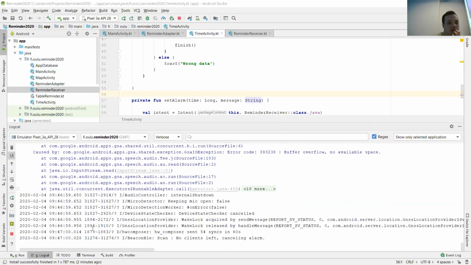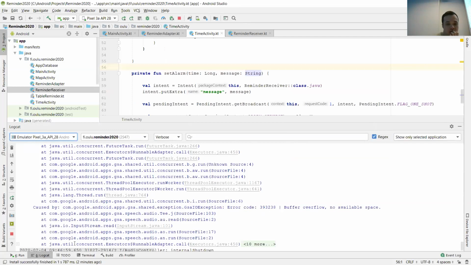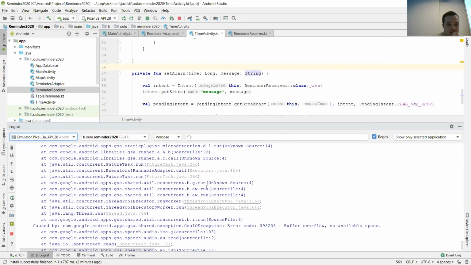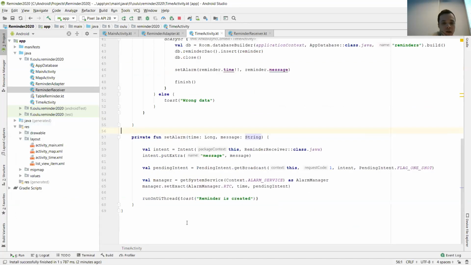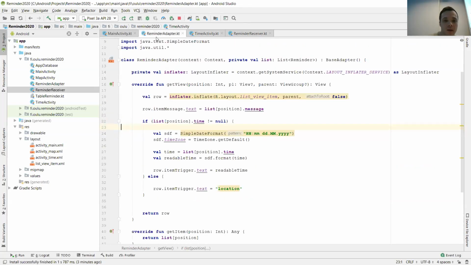And I see some error here. Oops. Input stream. Yep. I think it's in some context passing. But anyway,